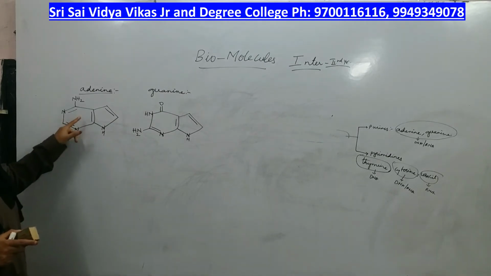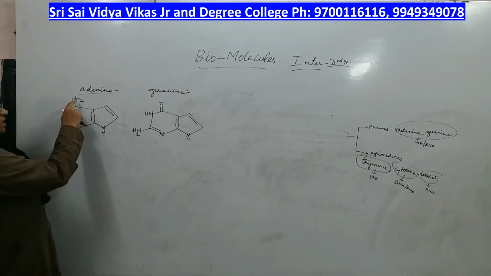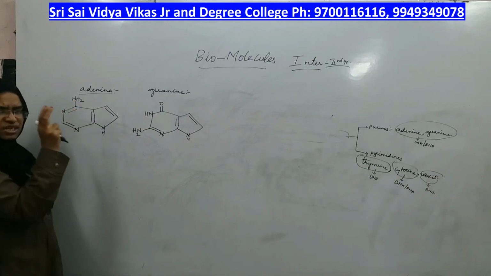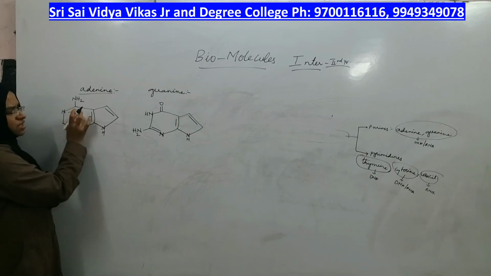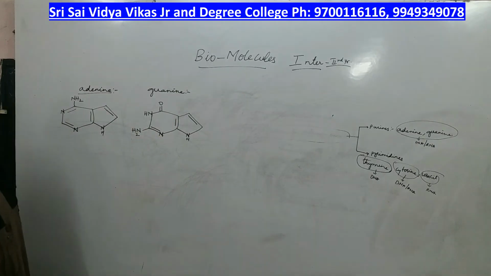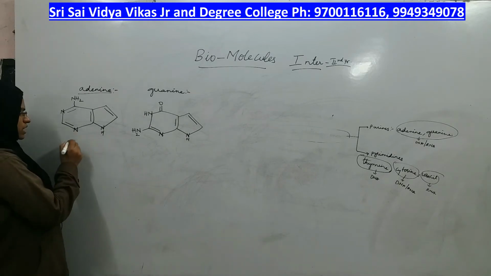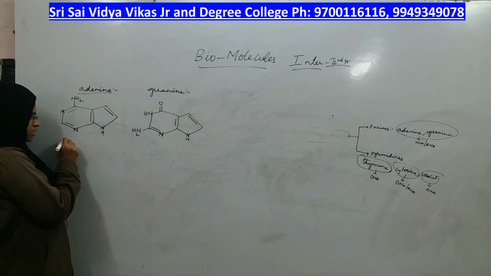What is the structure of adenine? It is this, in which the NH2 group is at the top. The basic ring is the same for both. Therefore, this structure is called adenine and this structure is called guanine. You have to practice this structure at least 10 times, then only you will get it perfectly. Okay? Right. These are the 2 purines. Now, what will we see? Pyrimidines. What are the pyrimidines we have?